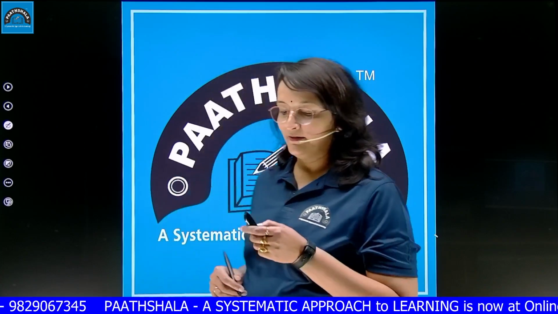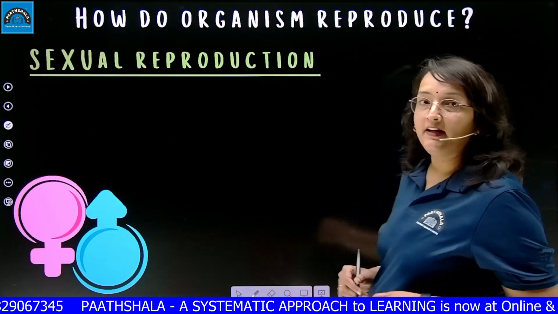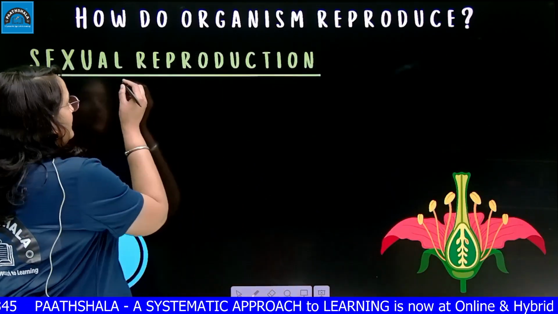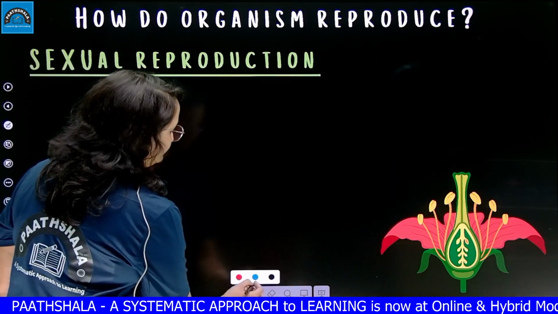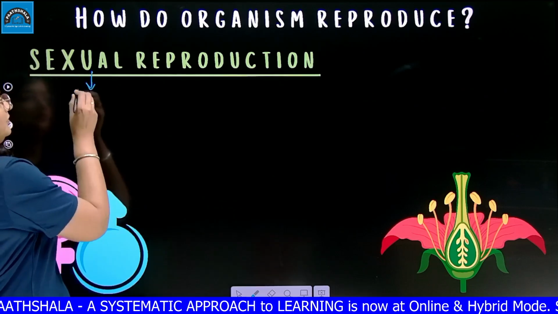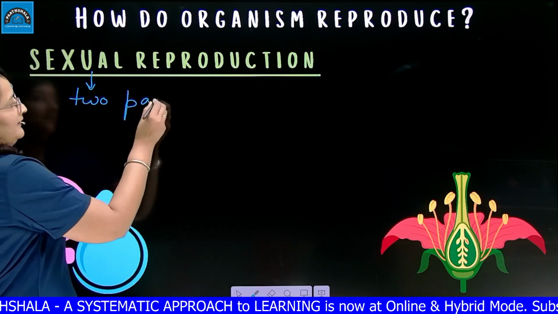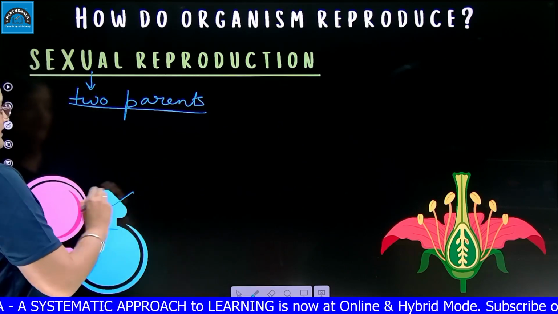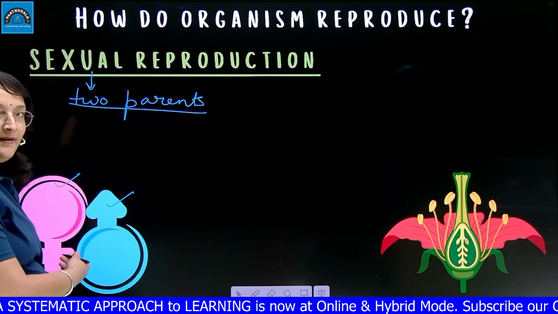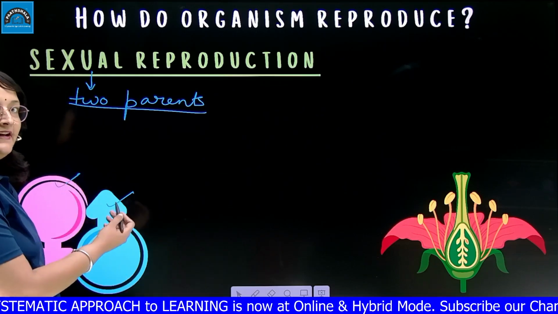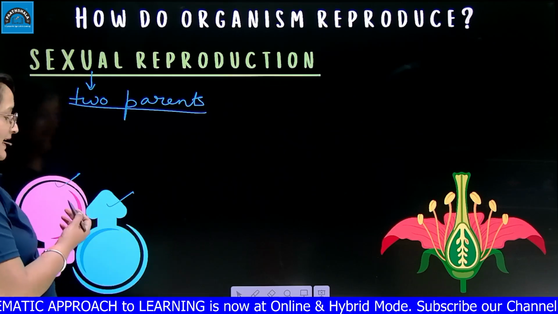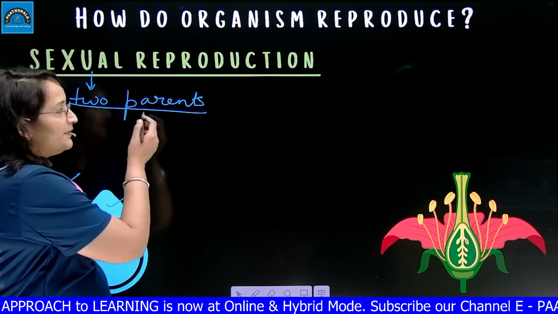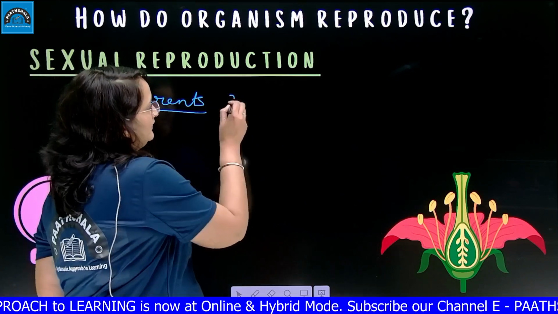So let's start. When we are talking about sexual reproduction, as we all know, sexual reproduction always involves two parents, and these two parents will be male and female. Please remember this symbol: a circle with an arrow is the symbol of the male parent, and a circle with the plus sign is the symbol of the female parent. So in sexual reproduction, two parents are involved,